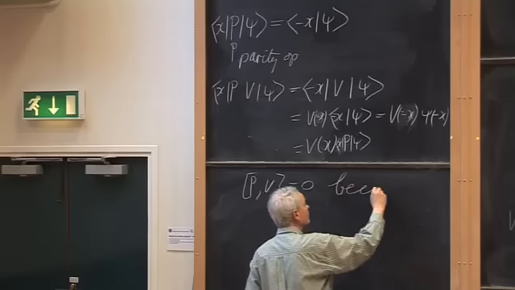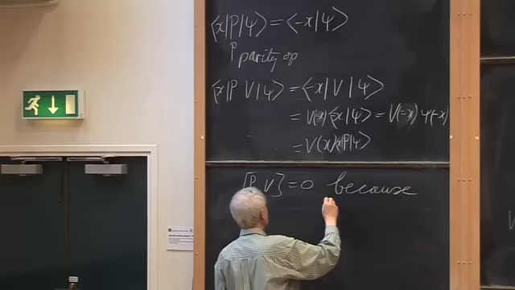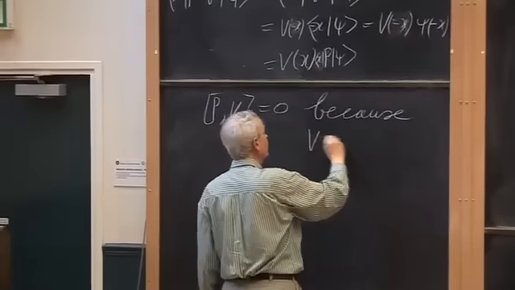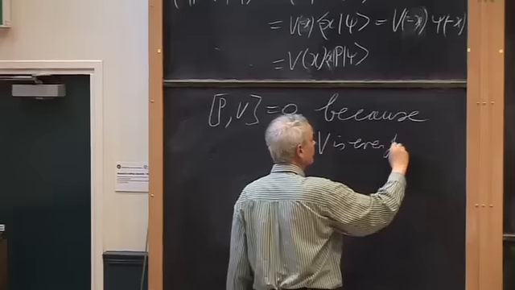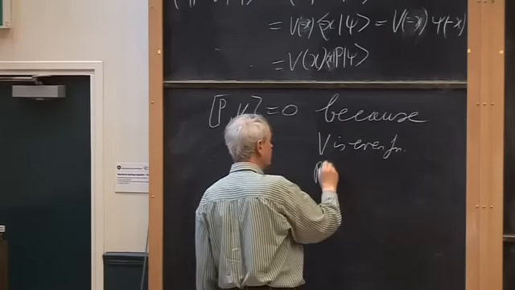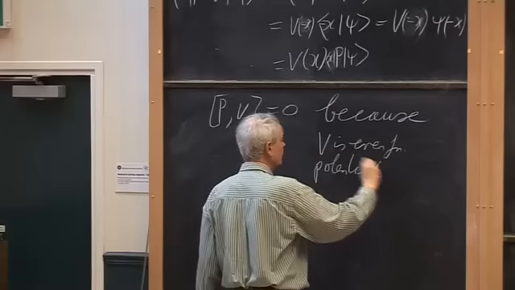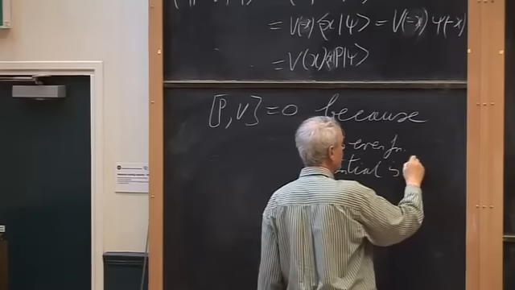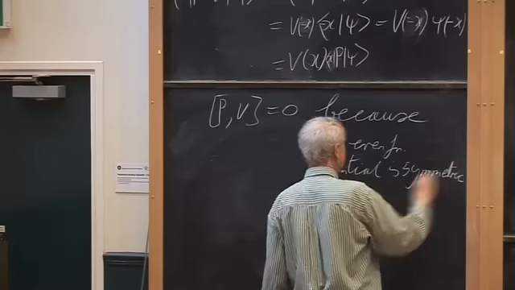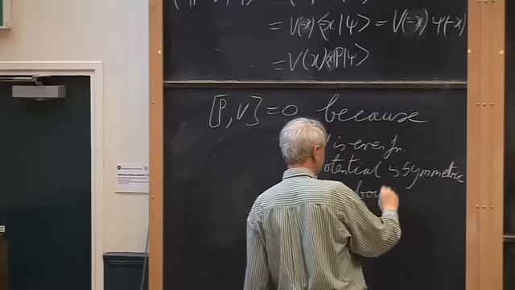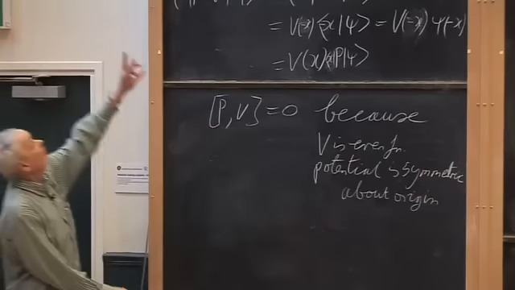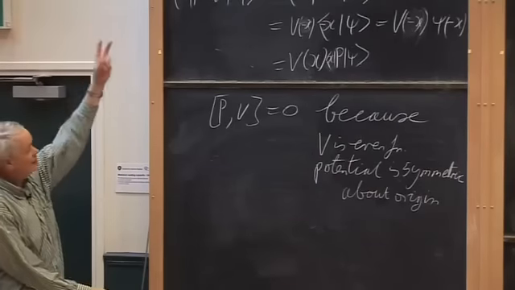Because, this is rather a rigmarole, I have to admit, p commutes with v because v is an even function, which is a way of saying that the potential is symmetric about the origin. This is the bottom line. If you have a potential which is symmetric about the origin as an even function of x, then it commutes